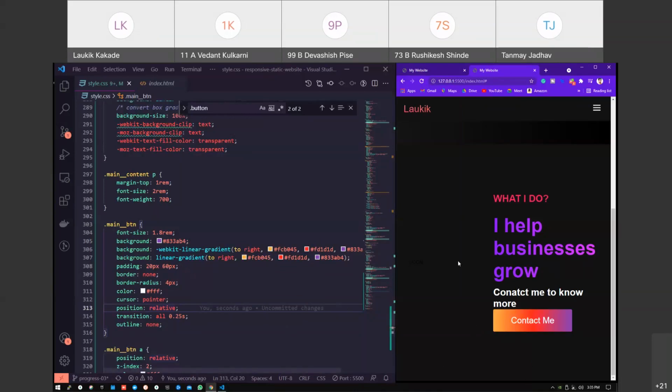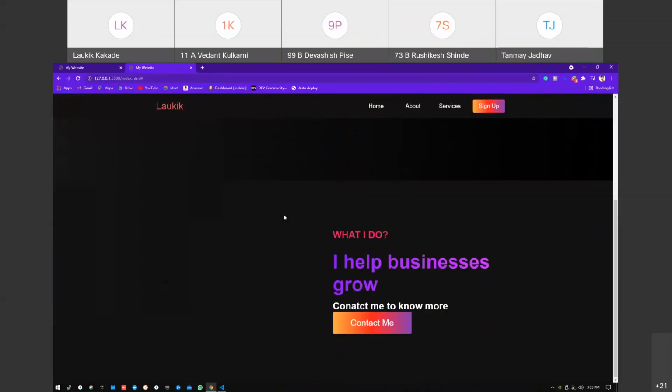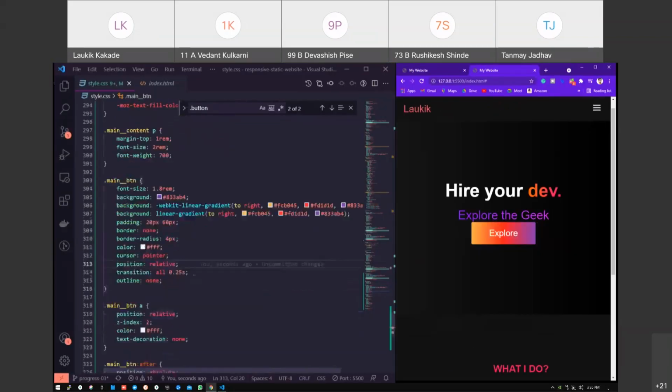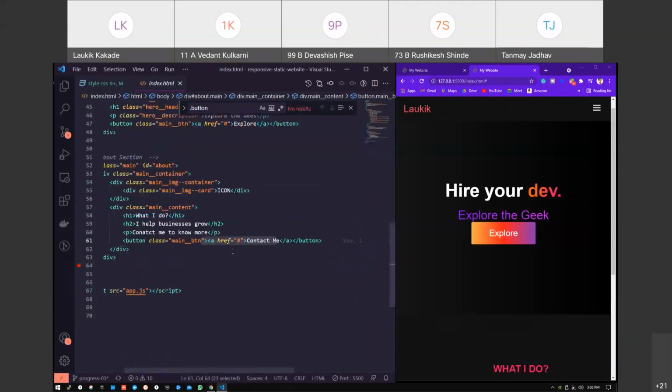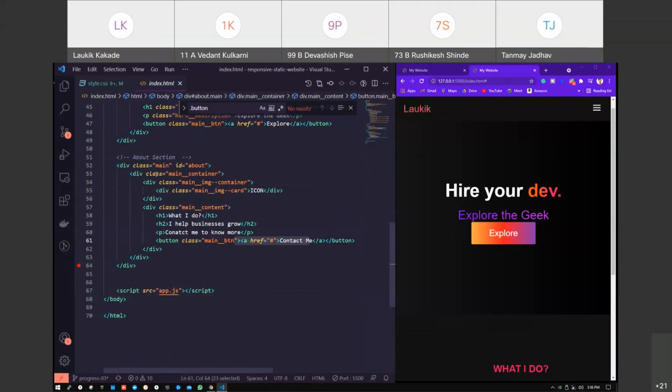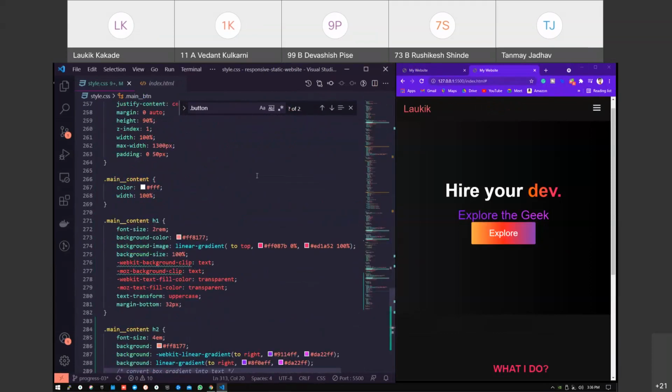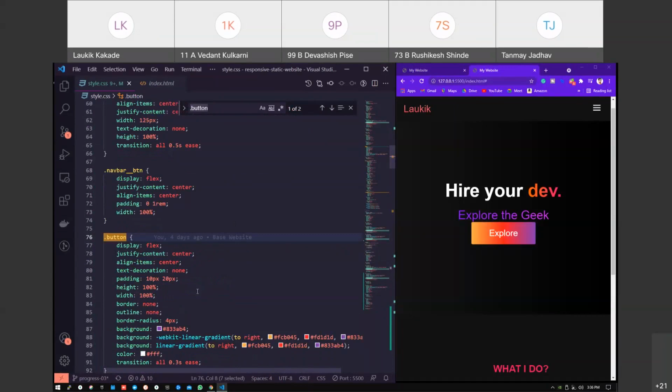Anyways, let me just maximize. Even if we put the margin top to this, but I'm just thinking, let us check index.html. Here we have used main_btn in this anchor tag. Okay, so we have the option for this button only. So button, let me just check the code for the button once. Control F and button, this thing. Okay, so here if you see,